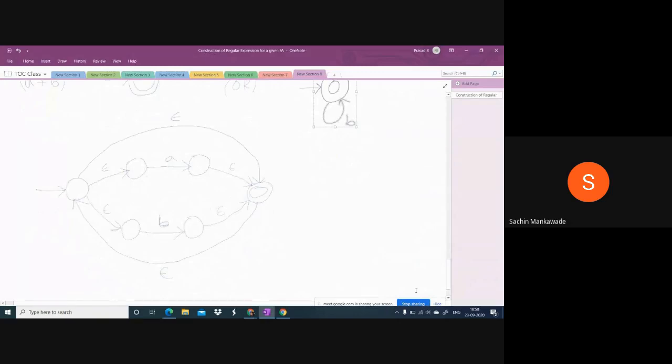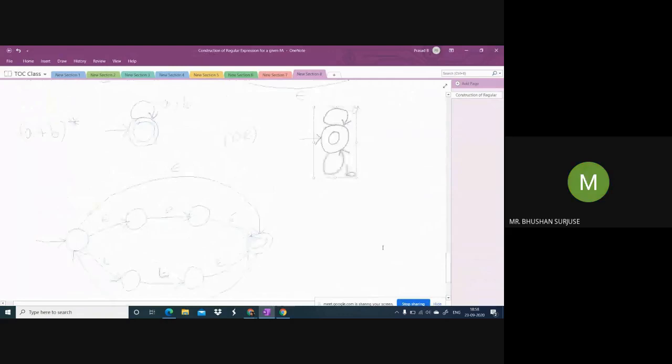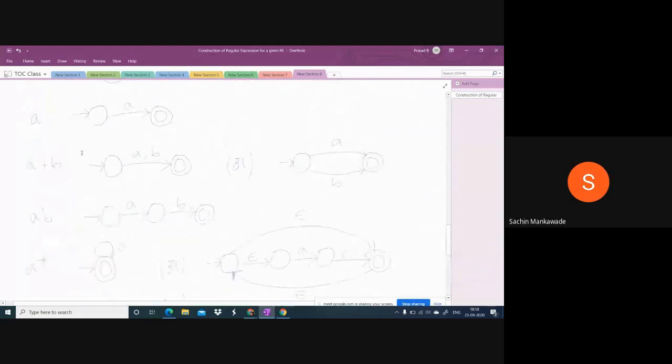Now I'll give you some expressions. You construct the diagram. Are you ready? Yes, sir. Did you all copy this one? Yes. Now I'm giving you the questions. Construct a transition diagram for the following regular expressions. You construct a DFA or NFA, or NFA with epsilon moves, anything, but it must be perfect. So first one.